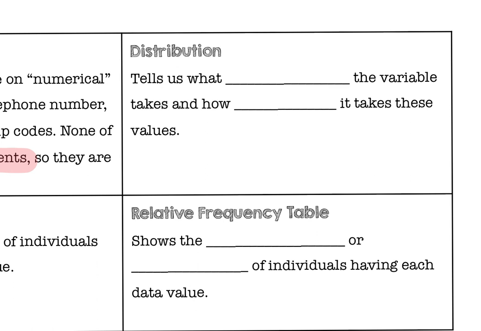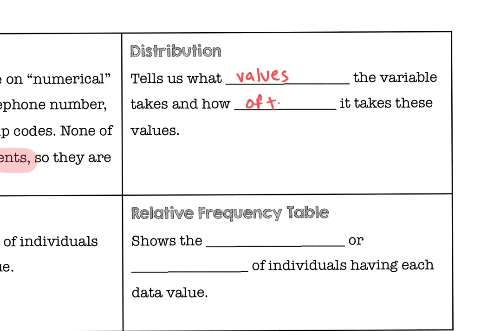It tells you about where the center of the data is, tells you about the spread, tells you if there's any skewness, and we'll talk about that, where skewness is you got a concentration of data on one end or other of the distribution. Okay, and so what that does is that distribution tells us what values the variable takes and how often